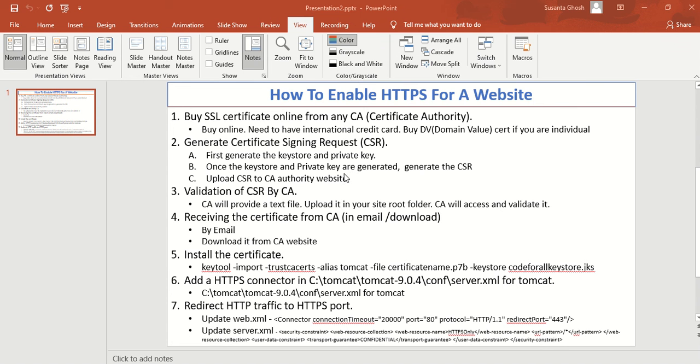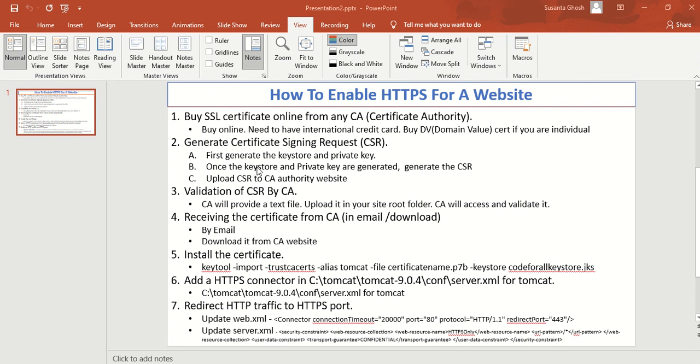So you need to generate the CSR, and mainly these are the steps we need to follow with Namecheap. When I bought the certificate for my site, these are the steps I had to follow. What steps you need to follow to generate the CSR will be given on the CA website.